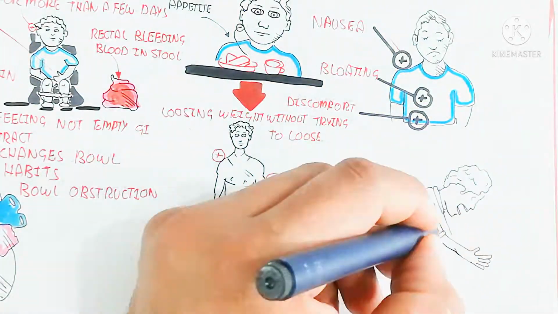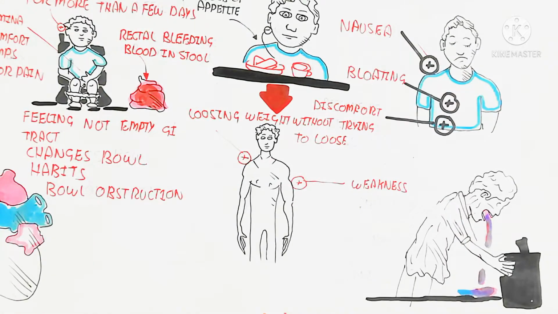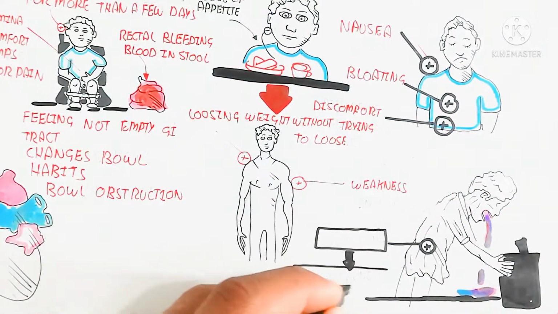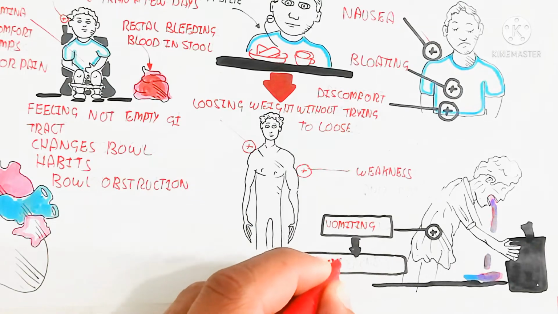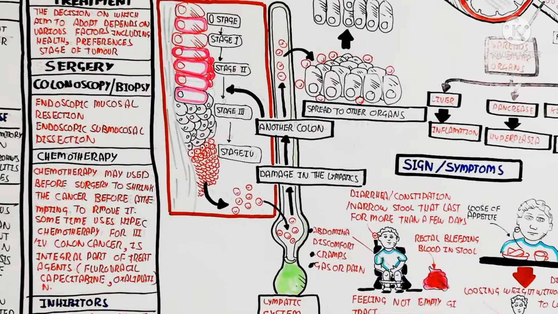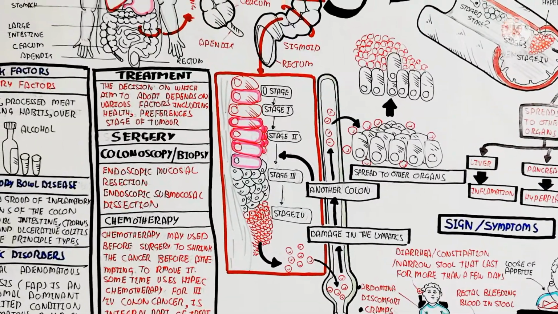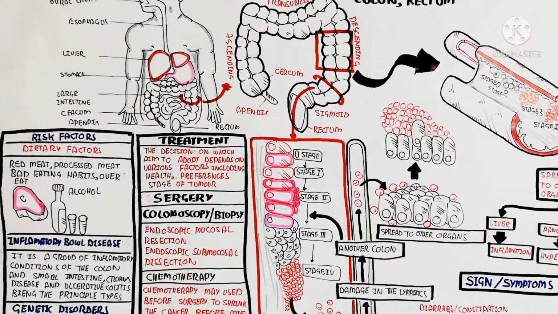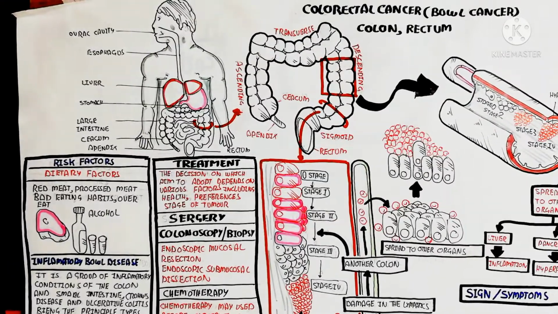So here is vomiting. After the vomiting, it will lead to weakness and fatigue of the muscle, because less energy is consumed, but the requirement of energy for rapid cell proliferation will lead to fatigue, and ultimately stage 4 will lead to complications and death. So colorectal cancer is treatable before